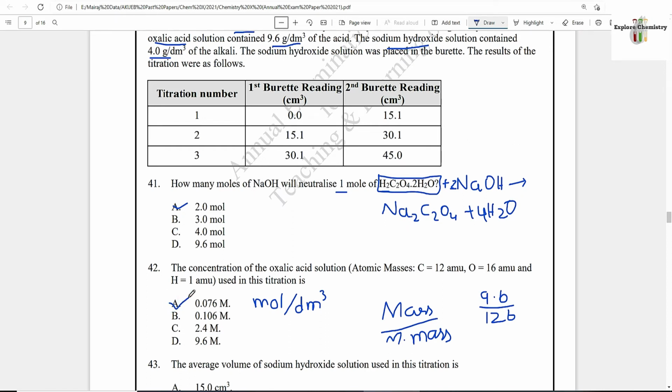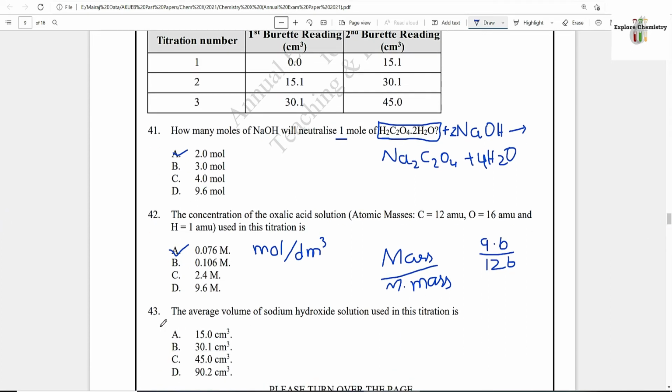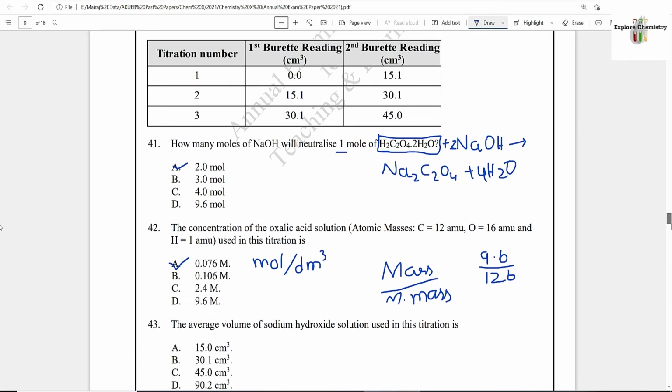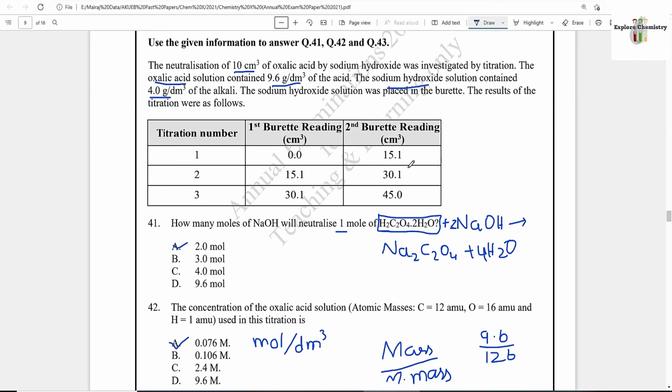No need to apply the M1V1 formula, the titration formula, because the concentration of both are given and the volume of both are given. From the burette reading we can predict the volume of the sodium hydroxide solution. This is the third question. The average volume of sodium hydroxide solution used in this titration: you need to find the volume difference between the first reading and the second reading. First difference is 15.1, second difference is 15,